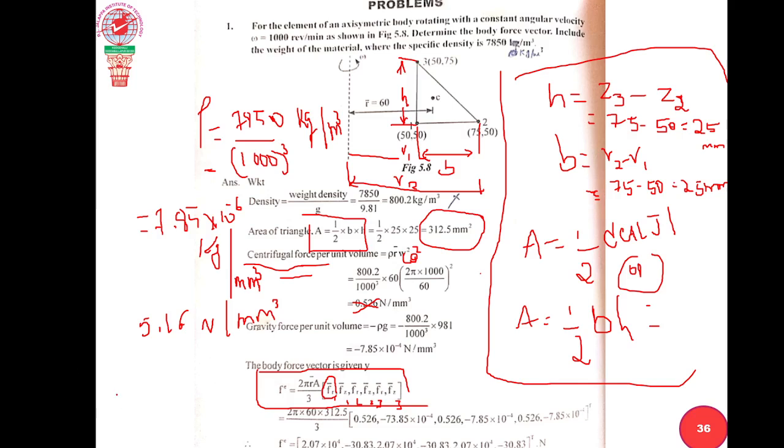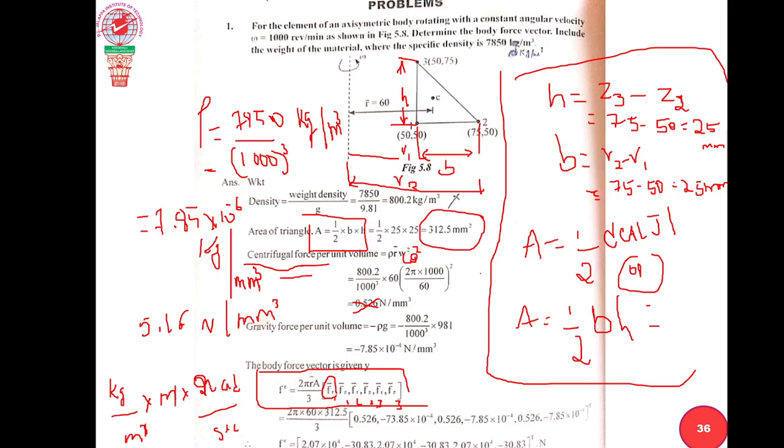Let me check this, the unit I will get. Kg per meter cube. What is the R bar unit? Let me take it in meter only. Omega is 2 pi N by 60, radian per second. R bar in mm. Okay, no problem, I will take it in meter. Kg per meter square second.